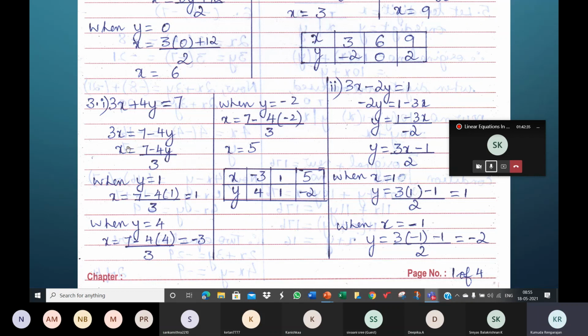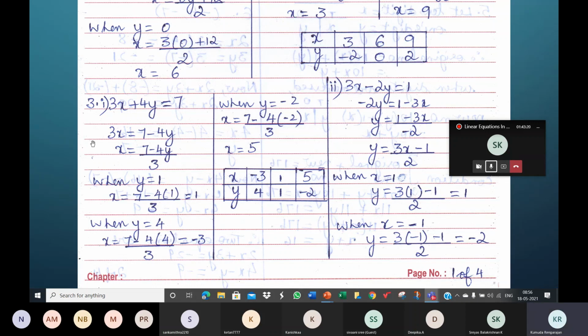Now, when you write x in terms of y like this, you see the denominator here is 3. Now try y as 0. I'm not explaining the working here, children, we are taking some other case. When y is 0, 4 into 0 is 0, 7 minus 0, so 7 by 3. It's difficult to plot 7 by 3 on the graph paper. 7 by 3 is 2 1/3, that is 2.333. So don't go ahead with such values.